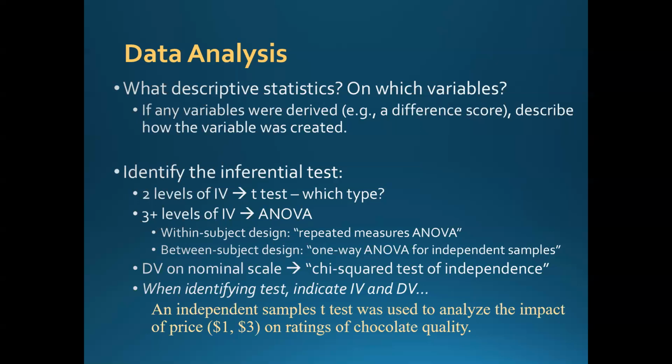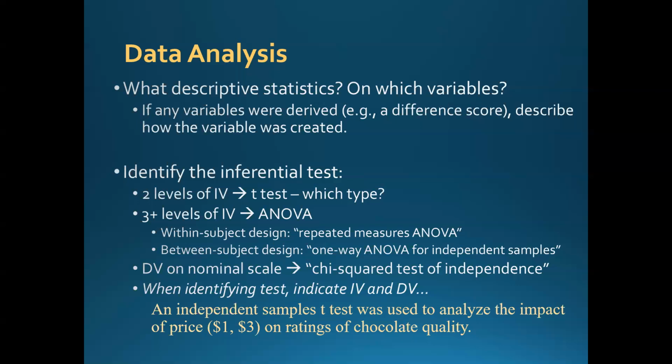How many reported as being white? How many reported as being some other ethnicity? This is where you can talk about, we're going to run descriptive statistics on X, Y, and Z variables. If you as a group are doing a different score, so this has a couple different terms to it, but like a change score, difference score.